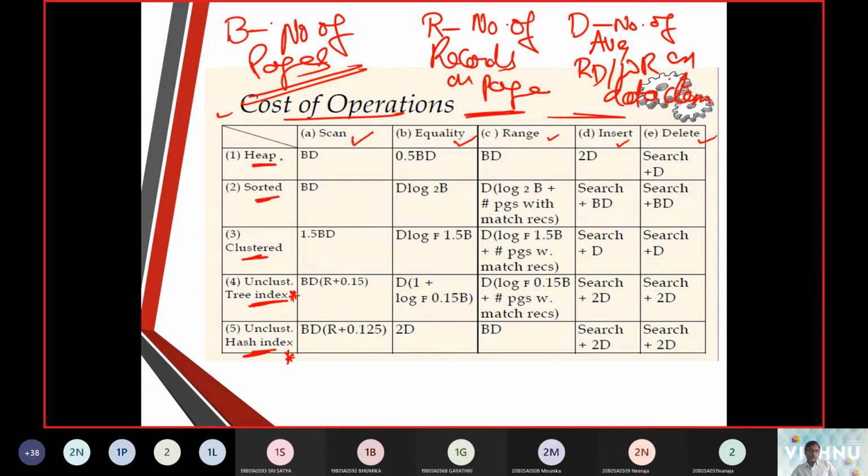So heap, it is purely an unsorted file where we can make a linear operation. Sorted files, these are the items that we put in an ascending order or in a descending order. In clustered, we are going to take up the primary keys.